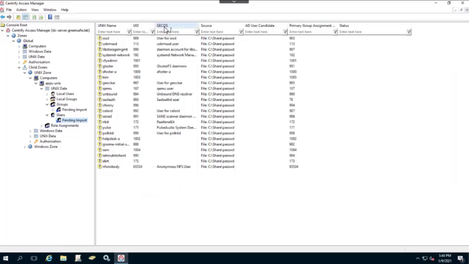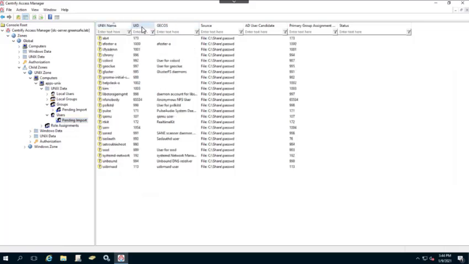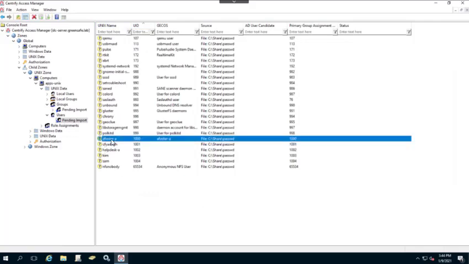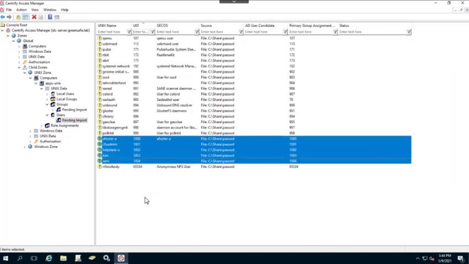So let's go ahead and I'm going to sort these by the UID. And the accounts that we're going to be looking for are these 4 that I created earlier. These 4 are specific privileged accounts, or in some cases local profiles that users use on this machine. Now what we want to do is compare these to Active Directory to consolidate the identities into one. Now the way we do this is by selecting them as I have here, and we right click and